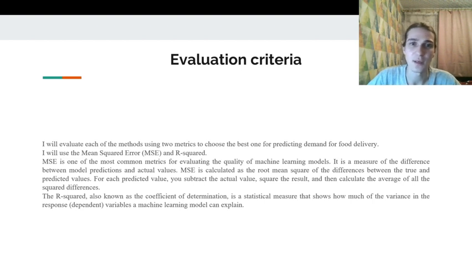Mean squared error is a widely used metric in machine learning because it provides a clear measure of how well the model's predictions match the actual values. And R-squared is a statistical measure that quantifies the proportion of variance in the dependent variable, the demand for example, that is explained by the independent variables used to predict food delivery.